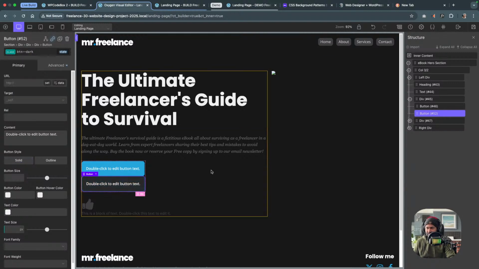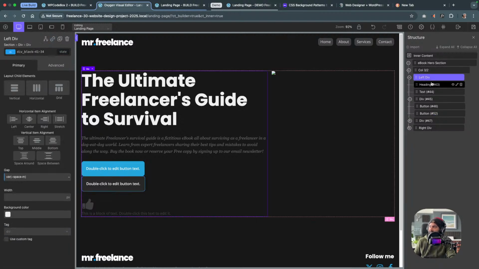Now, we want to organize things a little bit better in here. So column, left, div, heading,